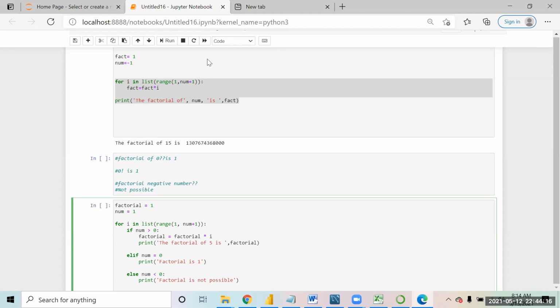Also, in the first line, the factorial of 5, it should not be of 5, it should just be 'the factorial is'. So all these things will come in the last, like what we have got from Rama, right? So yours is correct. But I'm not getting the output. No problem. Let's check it out, where it should be.